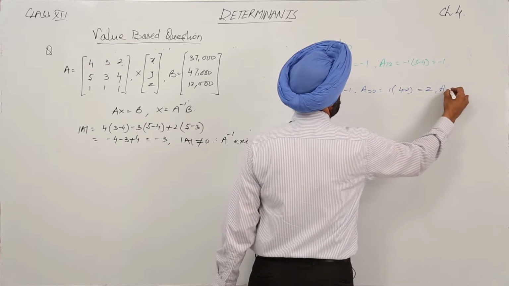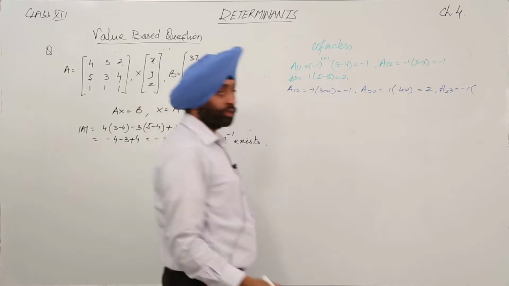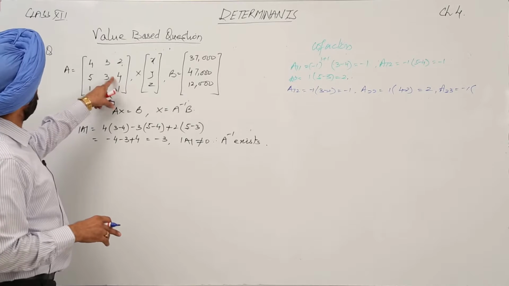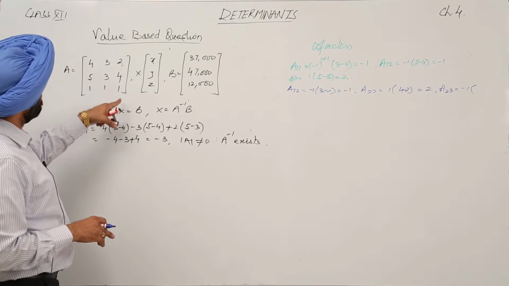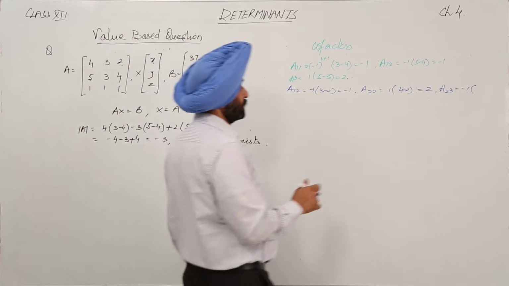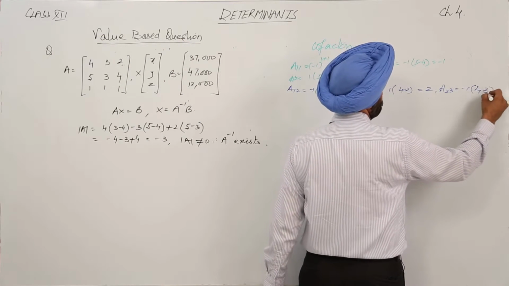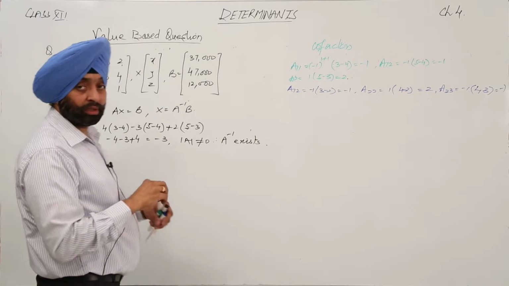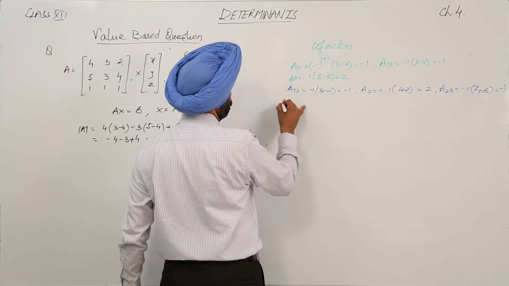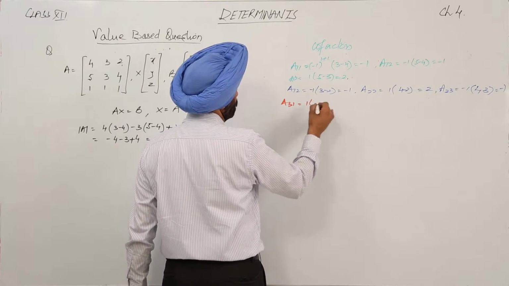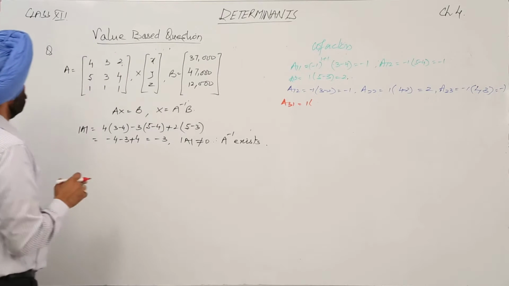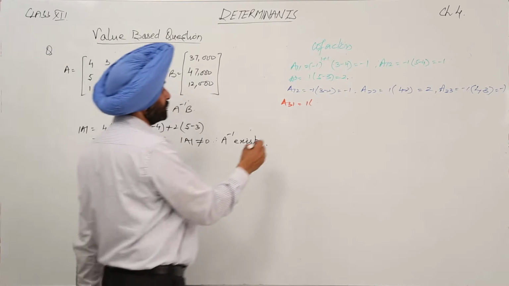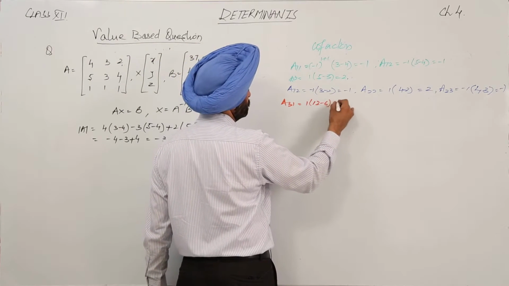And A23: again -1 with 23, odd number. Okay. Now A23, this one we are having, now this and this goes, so we are having 4 and 3, 4 minus 3. This is equal to -1. Okay. Now A31. For A31, 3 and 1 even, so it will be 1. Now we are finding this one, this and this goes, 3 4s are 12 minus 6. 12 minus 6 is equal to 6.